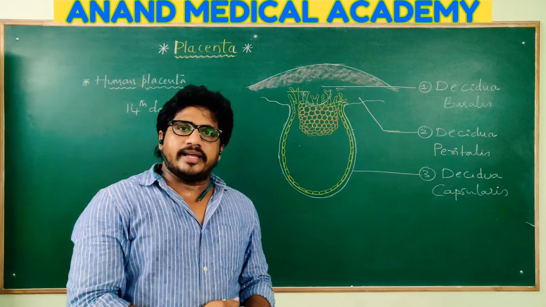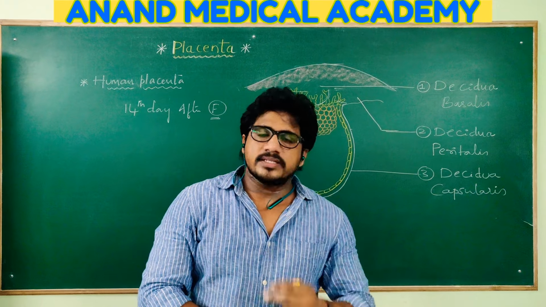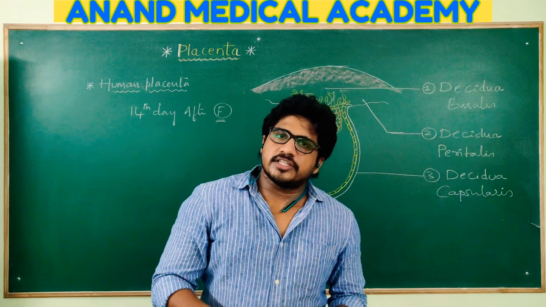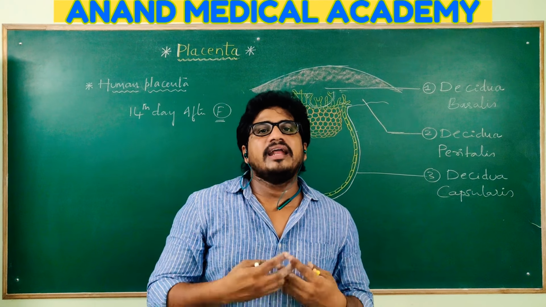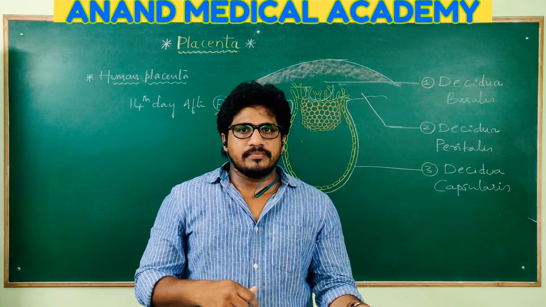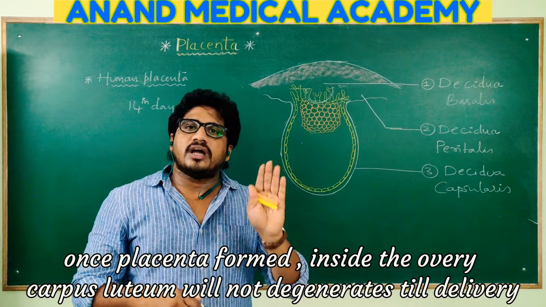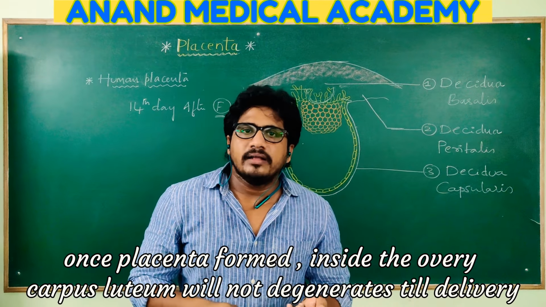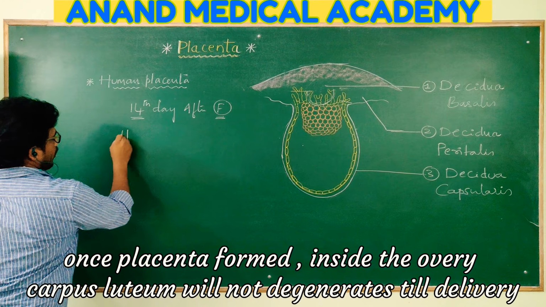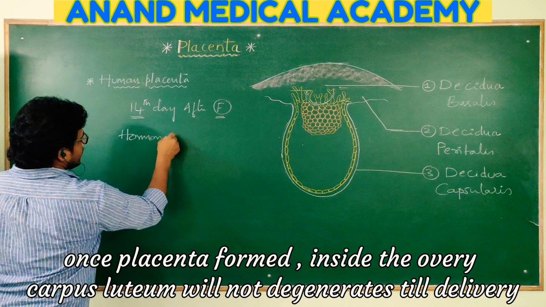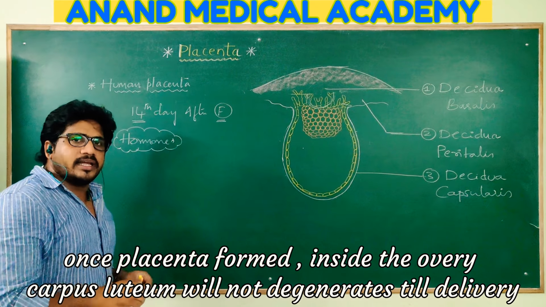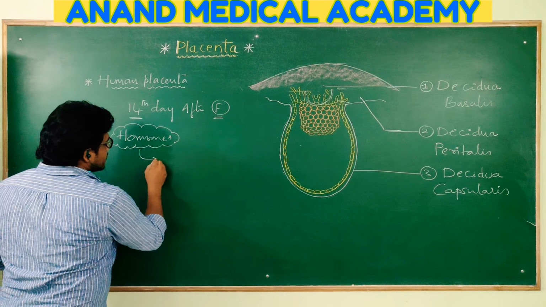So till the 14th day in the ovary, the corpus luteum sustains. That corpus luteum releases some hormones, namely progesterone, estrogen, inhibin and relaxin. If fertilization doesn't occur, the corpus luteum degenerates. There is no doubt. Once fertilization has occurred, the corpus luteum will be maintained by placental hormones. The placenta releases some hormones; it acts as an endocrine part in women during pregnancy. The hormones such as